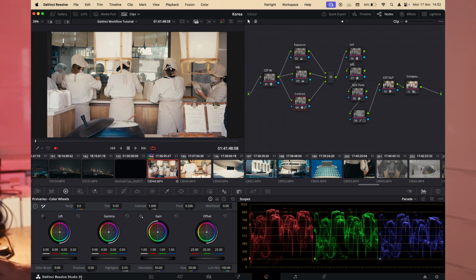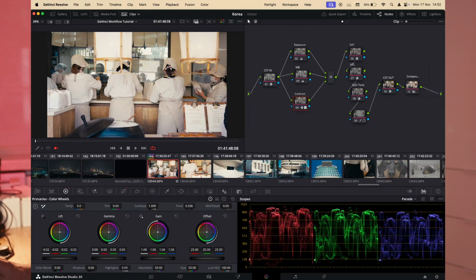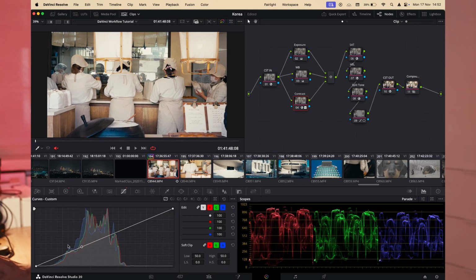And then I'll go to my contrast here. Contrast will start to give me more of a nice look on the image, and I'll just bring that up. So usually what I'll do is I'll bring the gain up, bring the lift down, and another way we can adjust contrast is by using our curves. I've locked in my middle gray point here, so I can actually just start to bring contrast in without affecting